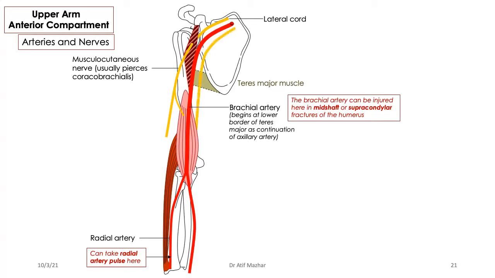So now medial to my artery, we have the medial cord, and this medial cord does nothing in the arm. It supplies a very limited part of my forearm, but it's the main nerve for my hand, and that is my ulnar nerve. Are we good? Are we good so far?